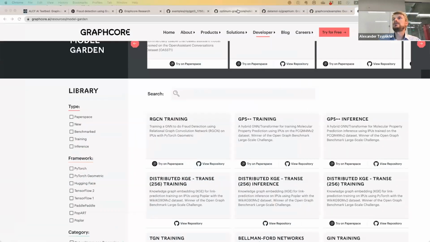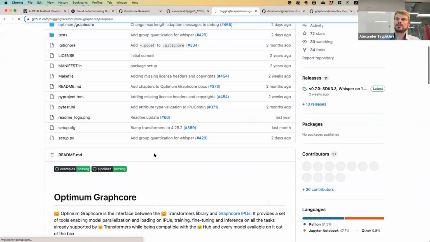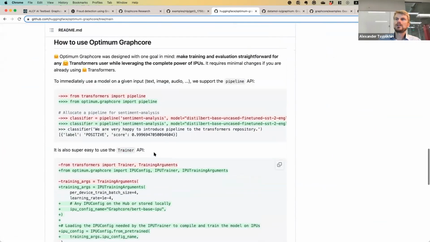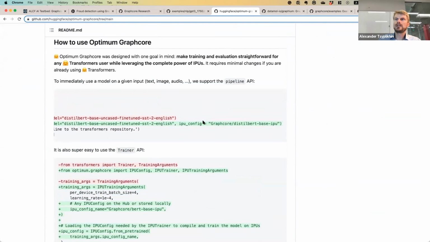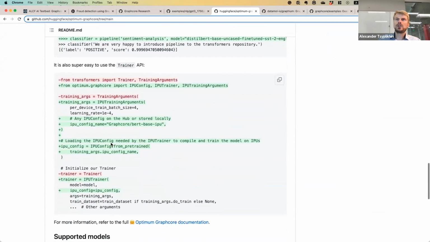Let me try to open that now, the Optimum Graphcore part here. I just want to show that there is another argument, the IPU config, that is also stored in the Hugging Face repository for Graphcore. And then the other changes are